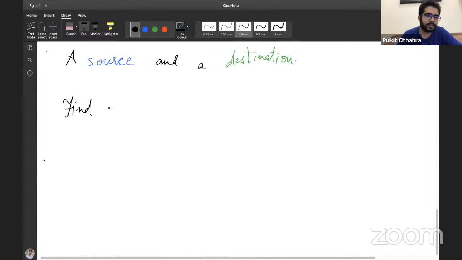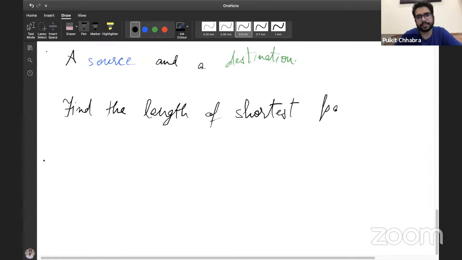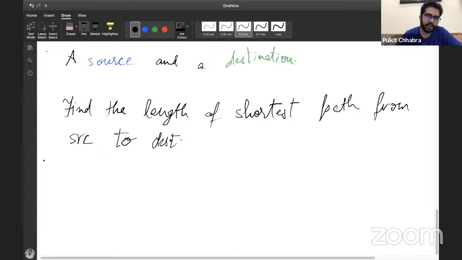find the length of the shortest path from SRC to destination.